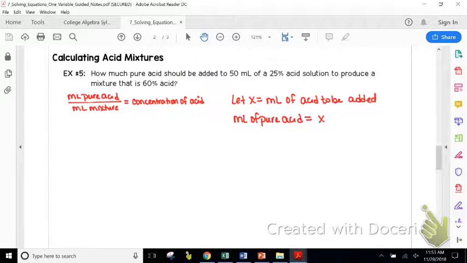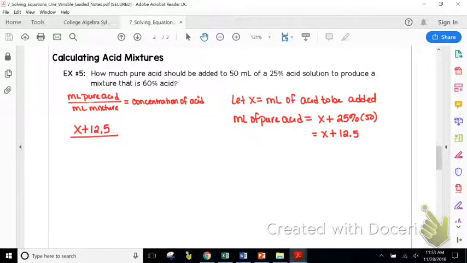Well, that's going to be the amount that we're adding to it plus 25% of the 50, which is X plus, what's 25% of 50? Good. Thank you. So 12.5. So that's what I'm going to put on top here. So X plus 12.5